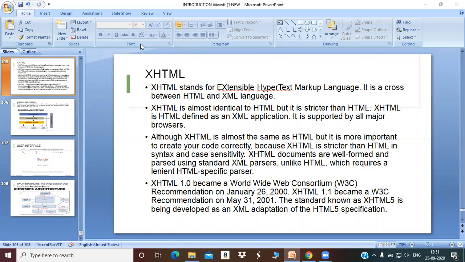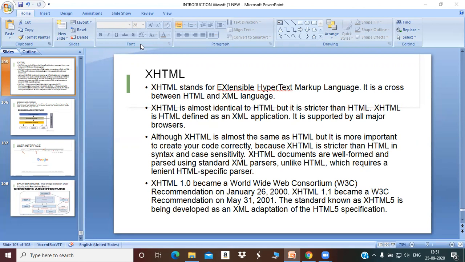So we can say that XHTML was developed to make HTML more extensible and increase interoperability with other data formats. There are two main reasons behind the creation of XHTML. Create a strict standard for making a web page, reducing incompatibility between the browsers. So it is compatible with all major browsers. It creates a standard that can be used on a variety of different devices without any change.